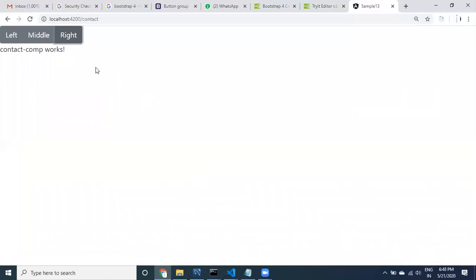This is related to navigation, and these are the different things that are going to be helpful for us.